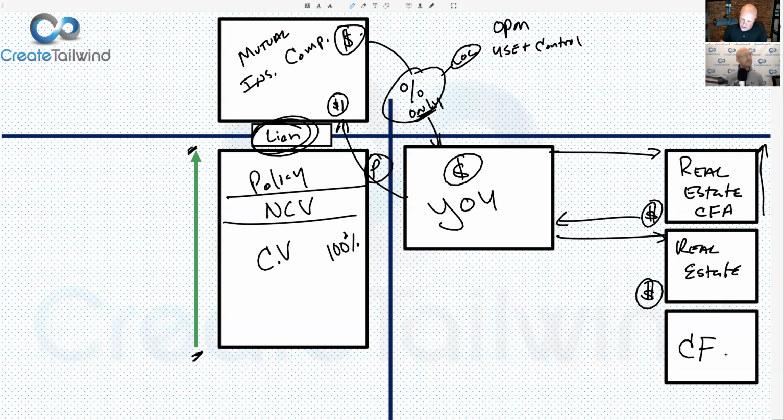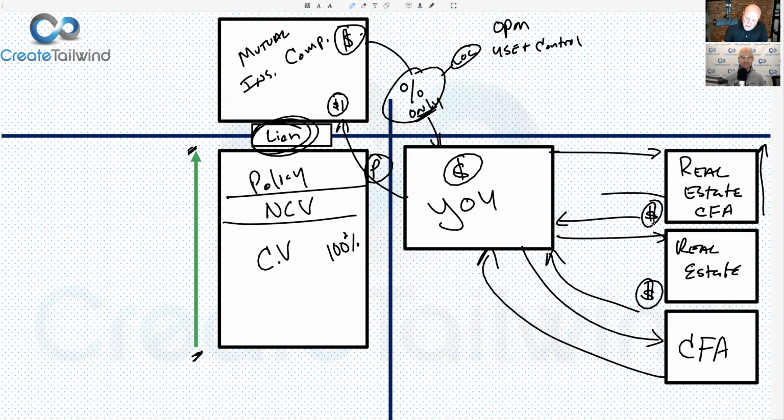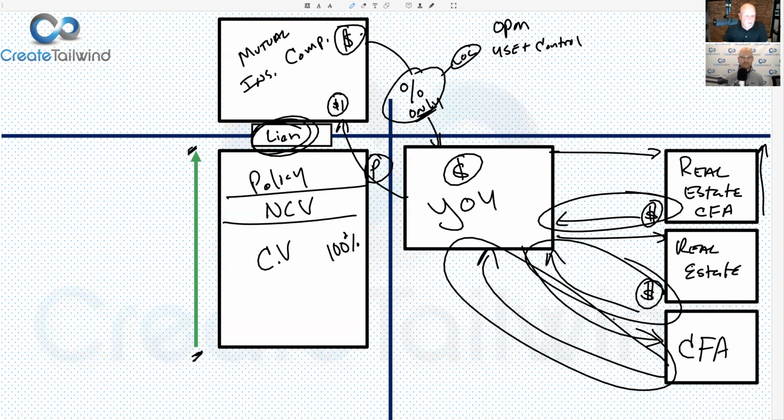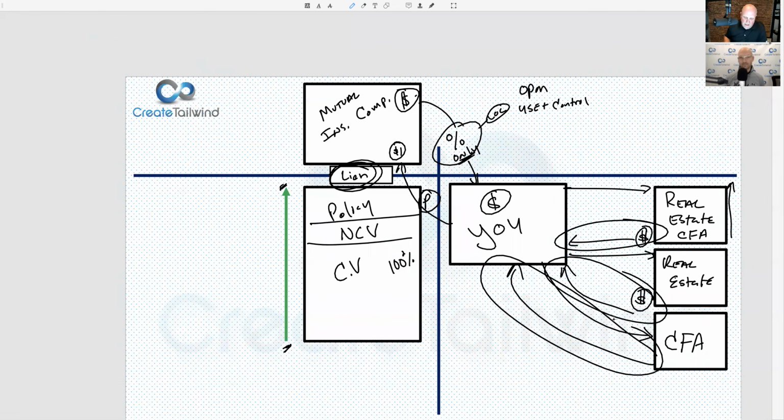All right. Let me jump to the chase here. I just keep doing this over and over and over, creating velocity of money. And what I'm doing is getting money to flow to me instead of away from me. Here's the cool thing, Nick,